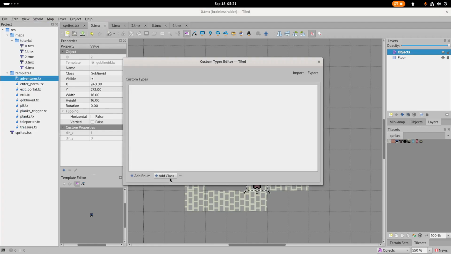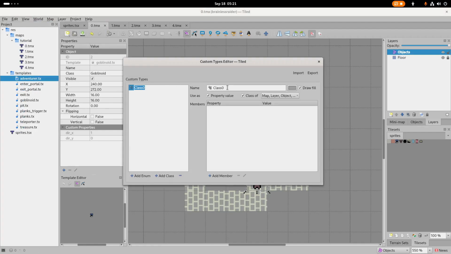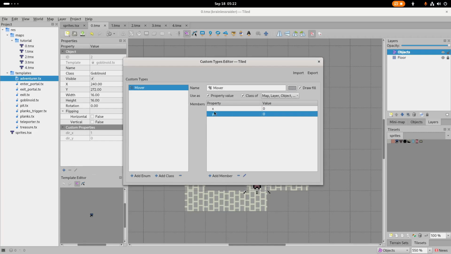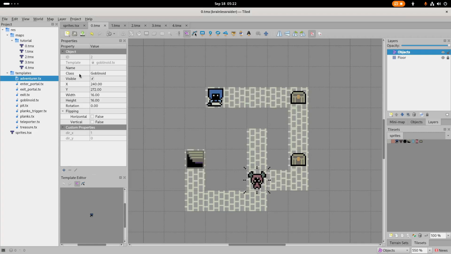If we go into the custom types editor here, we can add a class and call it mover. And we can actually add members, and there we go. We could get even fancier than that and make a vector type, and then use the vector type inside of this mover, which would automatically associate it as a vector. That's nice and fancy and all that. So if we go in here to this goblinoid, we can add a mover now, call it whatever we want. And now, look at that. It's all encapsulated in its own thing. We know that it has a mover property, and in our code we can check for mover